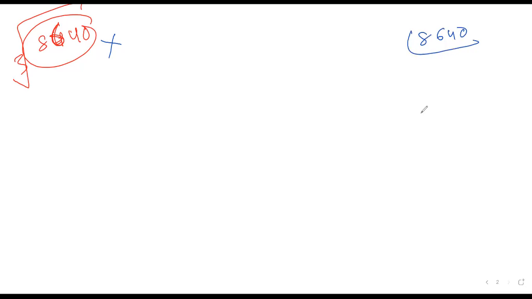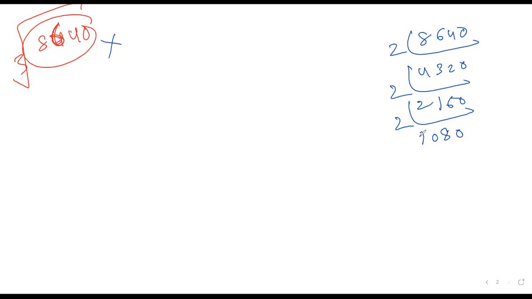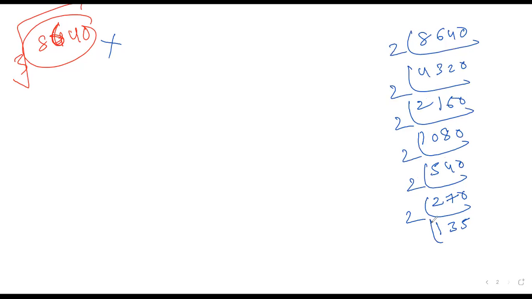So let us start dividing over here. 2 4s are 8, 2 3s are 6, 2 0s are 0. Next, 2 table: 2 2s are 4, 2 1s are 2, 2 6s are 12. 2 8s are 16, 2 5s are 10, 2 4s are 8. Next 2 7s are 14. It is 0. Next 2 3s are 6. I think 2 5s are 135. The 5 table directly: 3 4s are 12, plus 5. It is 9 that is available.